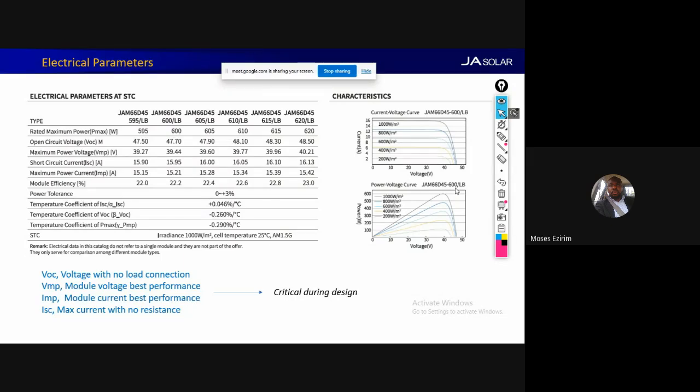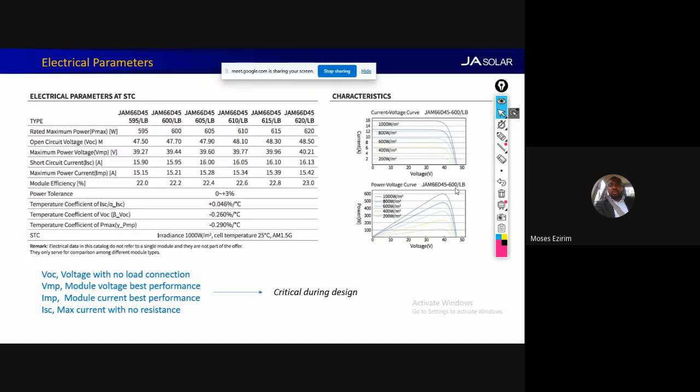So if you're going to check your inverter, they will tell you maximum open circuit voltage. They will tell you MPPT voltage range. They will tell you maximum current per MPPT. That is what you've seen in the inverter data sheet. So once you've seen that, then you come to your module and see how you can arrange it, knowing fully well that connecting your module in series will increase the voltage and connecting your modules in parallel will increase the current. So once you have that, then you can manage the arrangement of your modules accordingly.